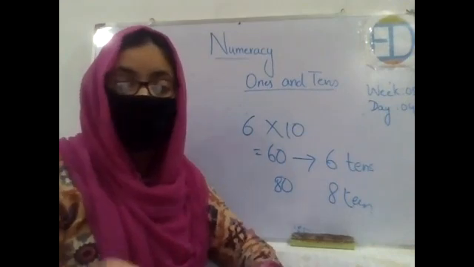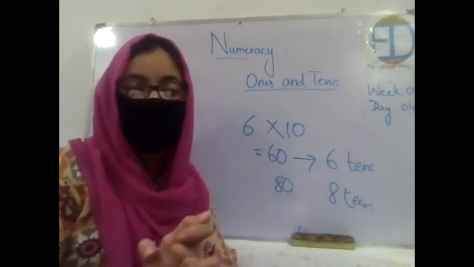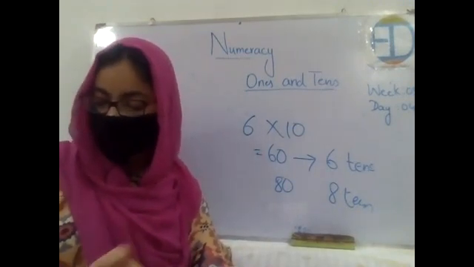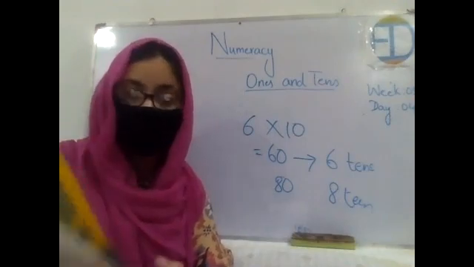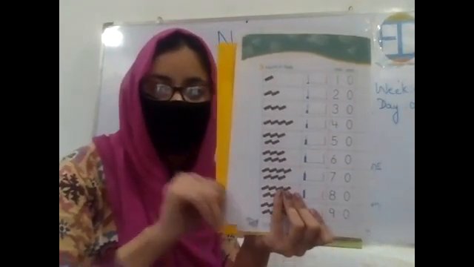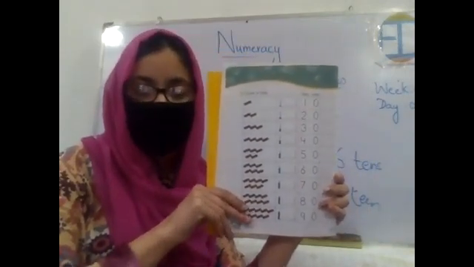10 objects. Got it? Okay, so now we will be doing the same practice exercise from your book page. So I want all of you to open your book page number 22. We will be doing this page together. All of you, please open your book page number 22. All of you have opened it? Okay, great. Now write CW, today's date.